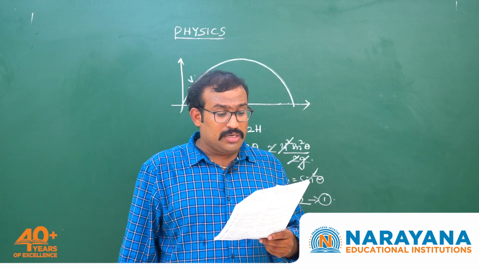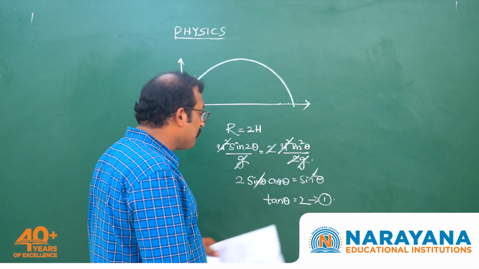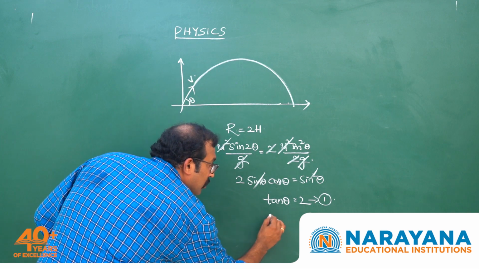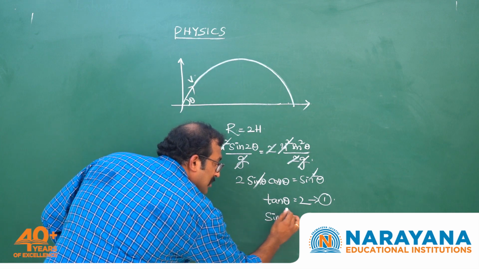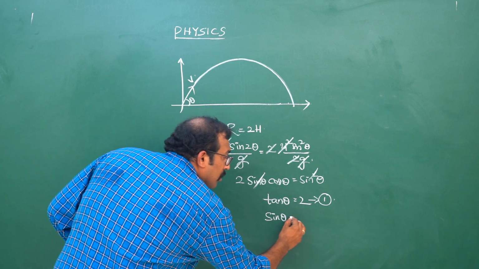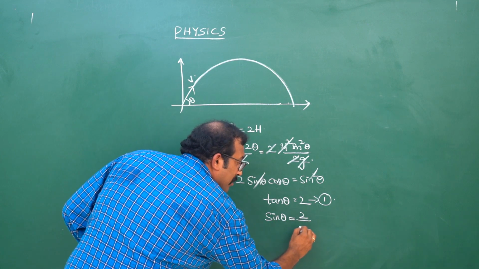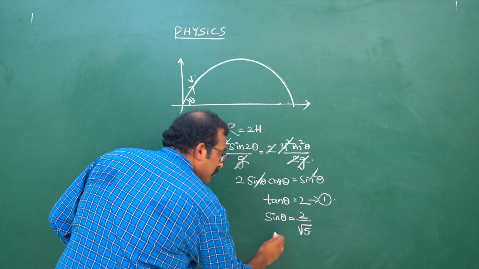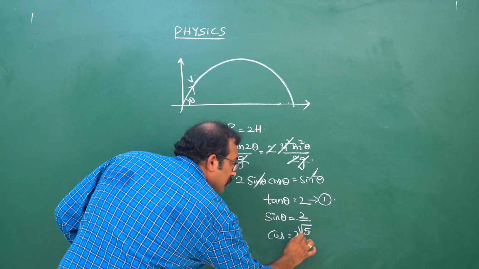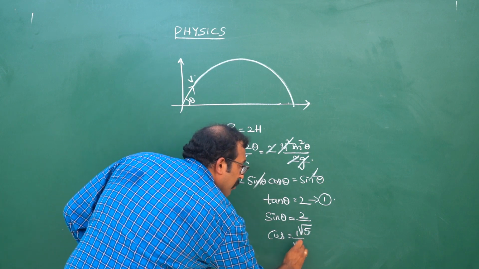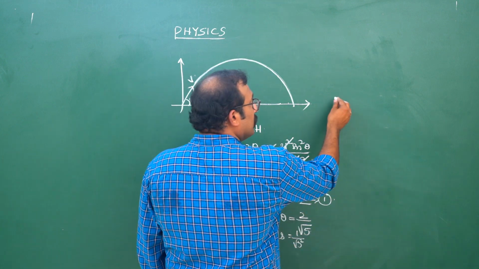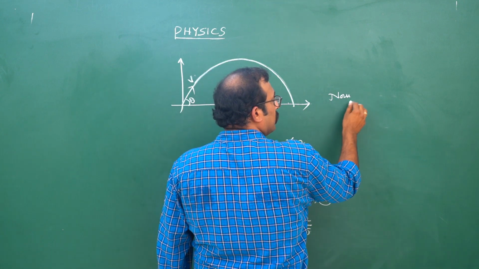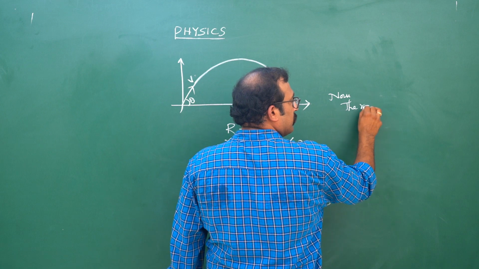Now what we want is the range. From this we can find out what sine theta and cos theta are. Sine theta is 2 by root 5. Cos theta is 1 by root 5. Now the range is,